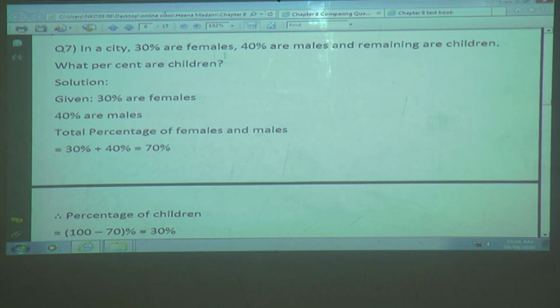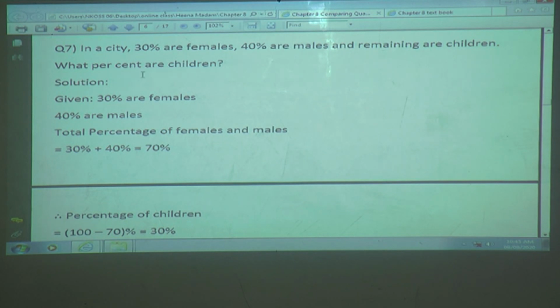They have given it in percent, they have not given it in quantities. This type of sum of additions, that the population of a village or city is this much, this many are women, this many are men, and find the children, you learned in the 3rd or 4th standard, but here we are using percent. Here the percent of females in the city is 30% and 40% are male. So we have to find the total percent of children in the city.